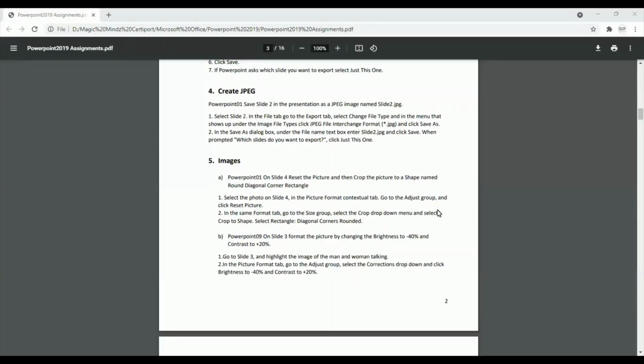Let's look at the first question of images. It says: PowerPoint 01 on slide 4, reset the picture and then crop the picture to a shape named round diagonal corner rectangle. So he's telling us to basically crop the picture to a particular shape, but before that to reset the picture. So let's open this slide PowerPoint 01